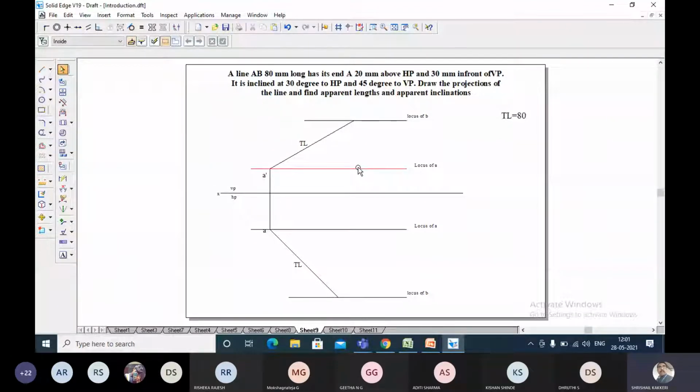The distance between the end projectors is this, and as I told you, one condition: the distance between the end projectors will be the same for the apparent length, not for the true length. If I draw this line, you can see these are not having the same distance.